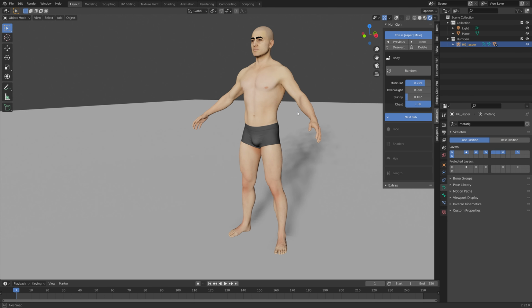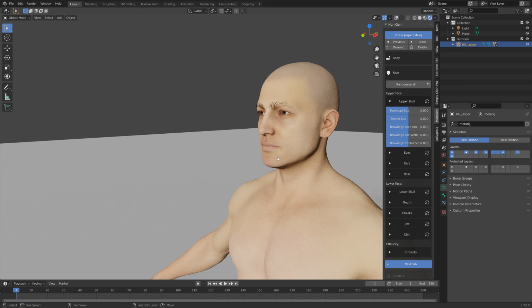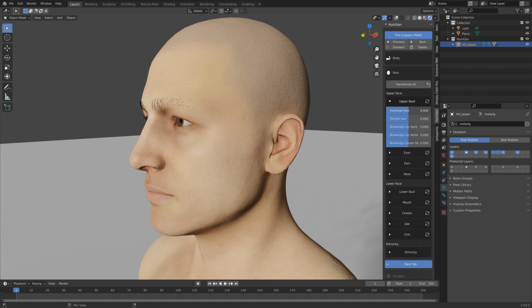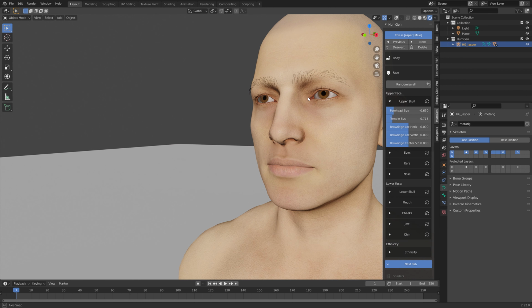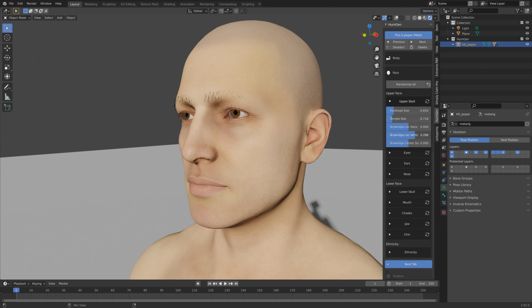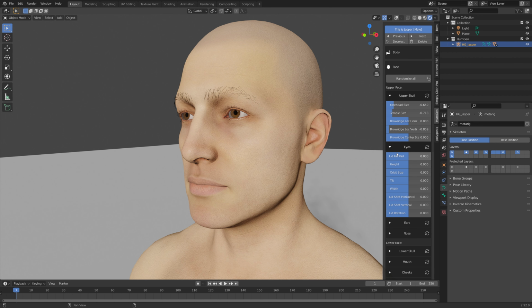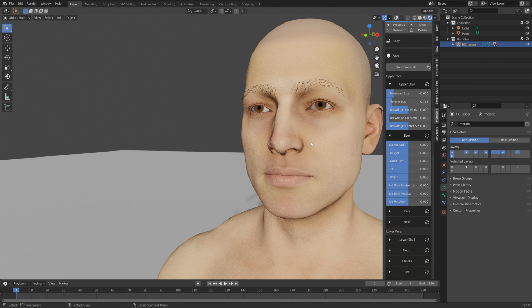I'm really impressed with the amount of facial customization that we get with this add-on. It kind of reminds me of the facial customization that we get with Skyrim. So I'm just going to play around with the different settings. And let's adjust the settings for the skull. And then go for the eyes. And here we have a lot of settings. Some of them I don't even know what they mean, but you can see the change that happens